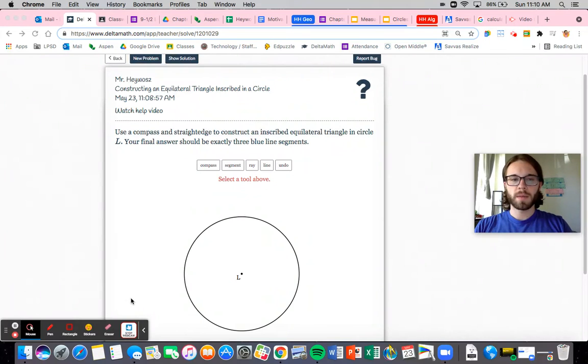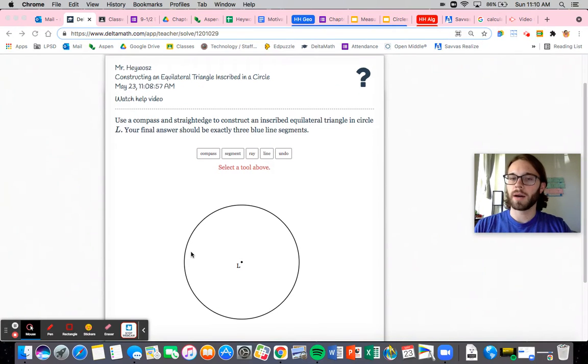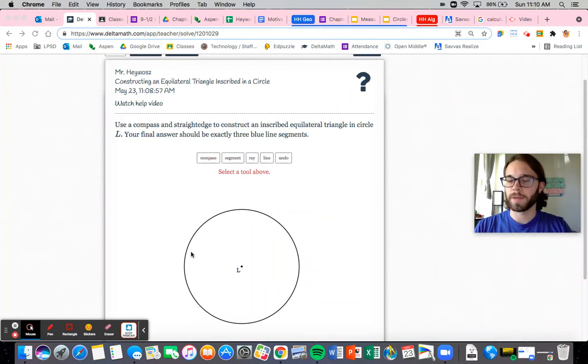Hi everyone, just wanted to take a minute to talk about how to construct an equilateral triangle inscribed in a circle. So essentially our end goal is that inside of the circle, you're going to have an equilateral triangle. To start off, you're going to take your compass tool and